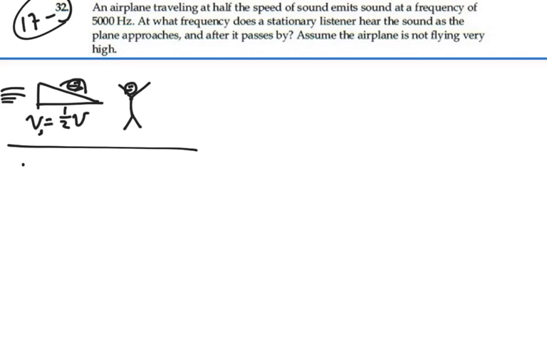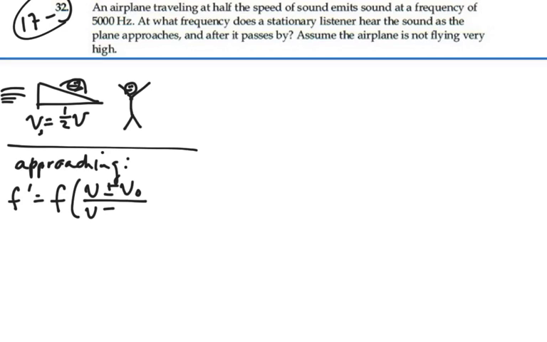So if it's approaching, then we have that the observed frequency should equal the actual frequency, velocity of sound, plus or minus the velocity of the observer, over velocity of sound minus or plus the velocity of the source. In this case, the velocity of the observer is 0, and the velocity of the source is 1/2 the velocity of sound. So, as we put in our numbers, this is going to be 5,000